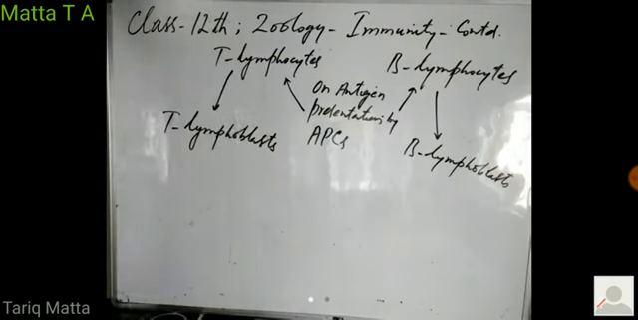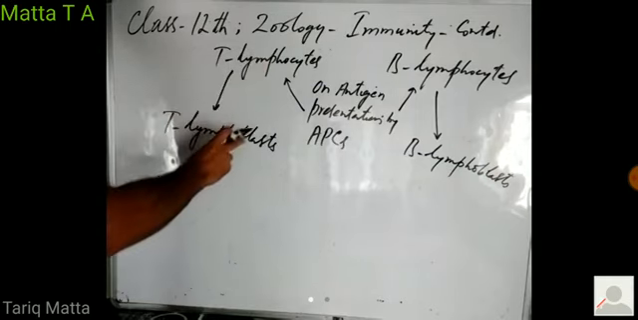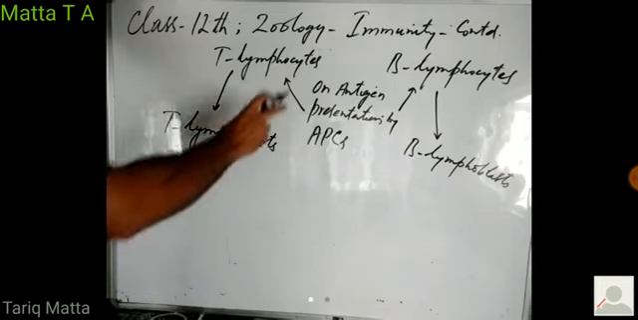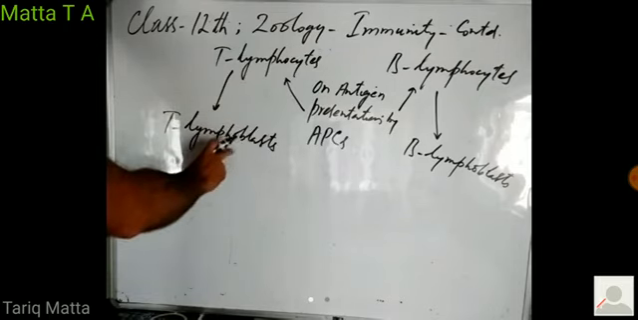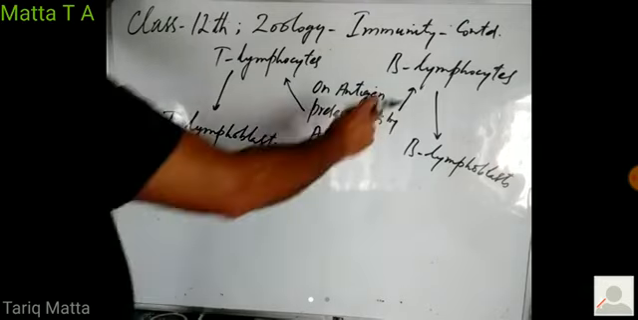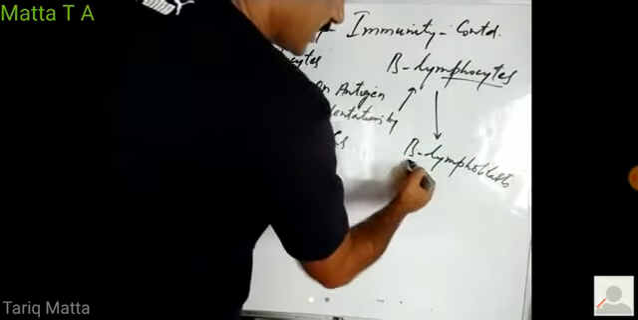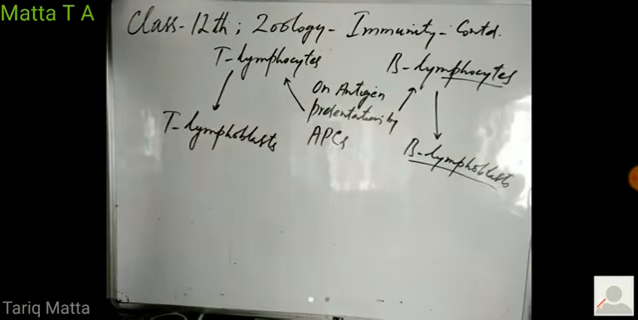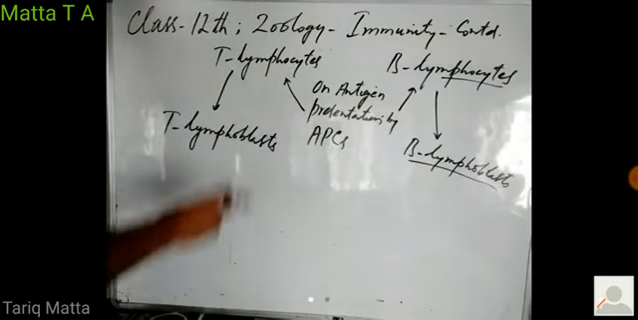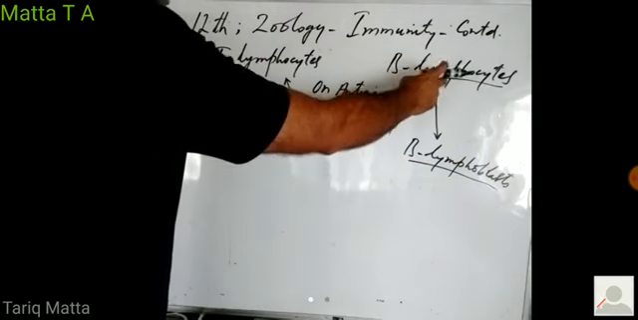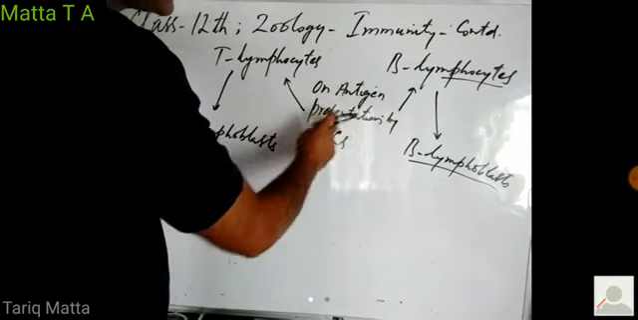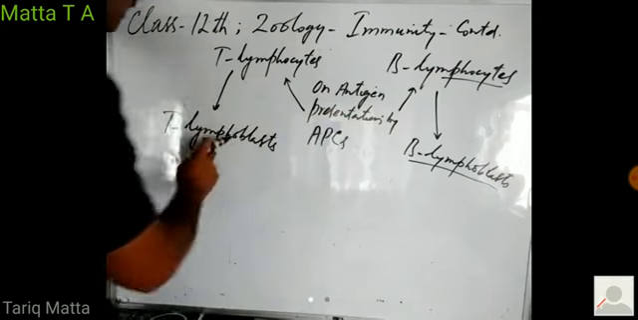A blast, when we use the word blast, means a dividing cell. So this T lymphocyte starts divisions, and this actively dividing T lymphocyte is now known as a T lymphoblast. B lymphocytes also start division, and this actively dividing B lymphocyte is known as a B lymphoblast. So these T lymphocytes and B lymphocytes, when they are stimulated by antigen presenting cells, change into T lymphoblasts